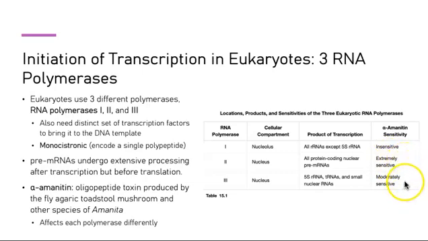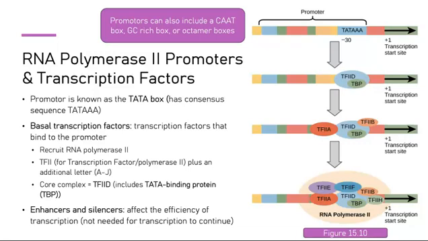And then we have our third type, in which it is moderately sensitive to it. So as we said in the previous slide, RNA polymerase II is going to be the main one to transcribe our mRNA. And so what we need to do is look for a promoter for the RNA polymerase to be able to find the correct place to latch on to the mRNA strand. And this is known as the TATA box. And it has a consensus sequence of